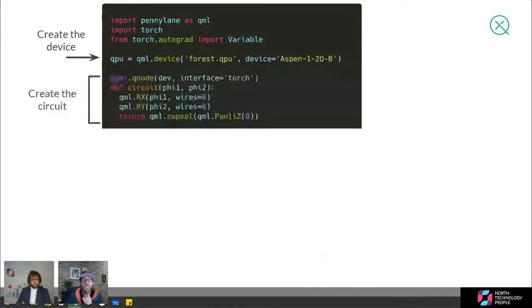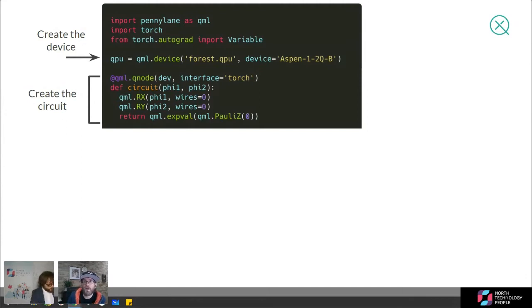After we've specified that device, we need to define our quantum computation in the form of a circuit. You heard a little bit about this in the last talk, and in the last few slides I had this circuit depiction of how we're going to be manipulating that qubit. So we have to specify that circuit in code. Our circuit is parameterized by two rotation angles, phi1 and phi2. These are going to be arguments to our circuit function. We apply them as a rotation about the x-axis and a rotation about the y-axis of the Bloch sphere, and then read out the resulting state.